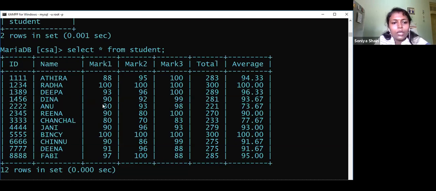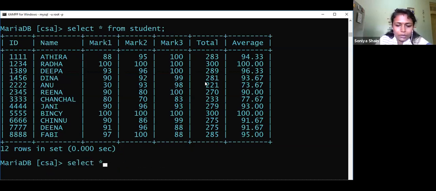That is Anu. She has only 30 marks in one subject, so she won't get a pass. The default value will be null, because here I am only discussing the simple if statement, so I am going to consider the default as null.